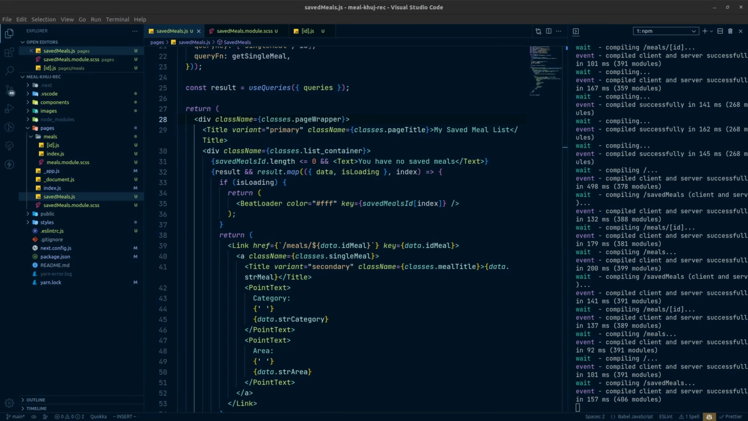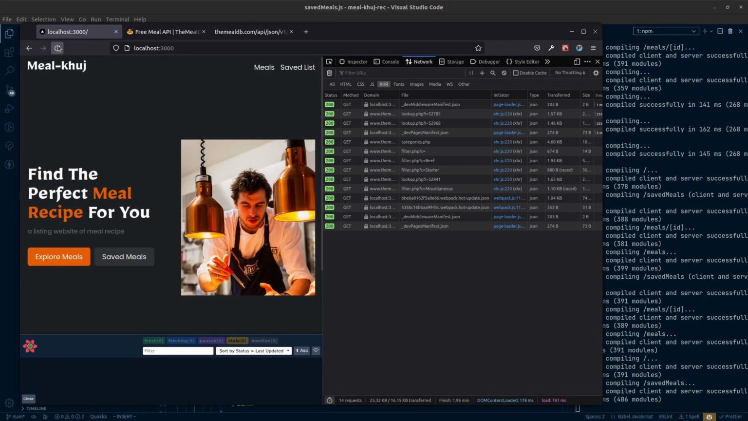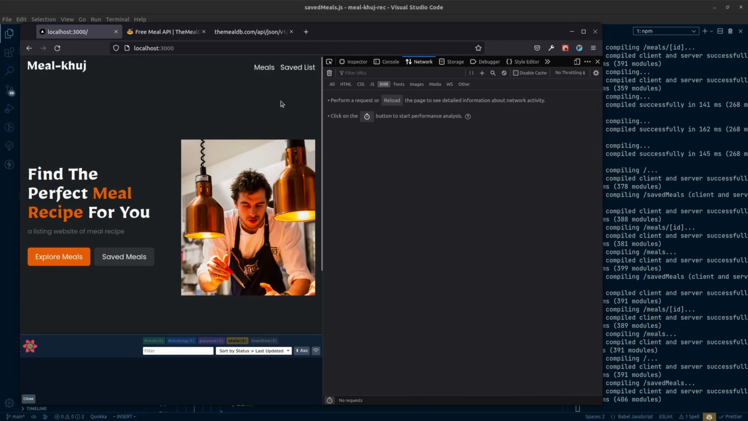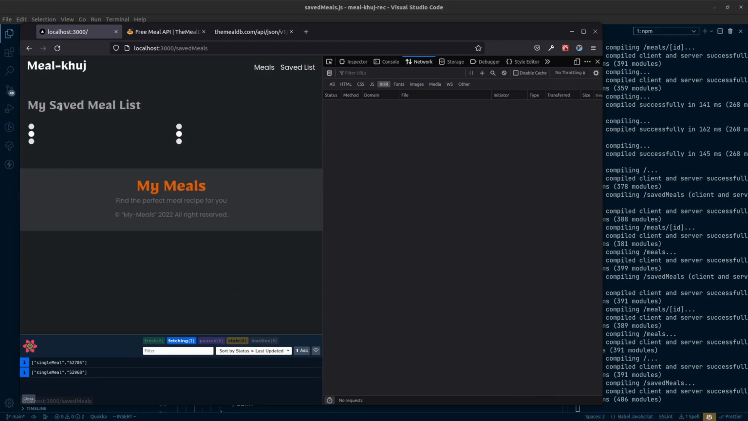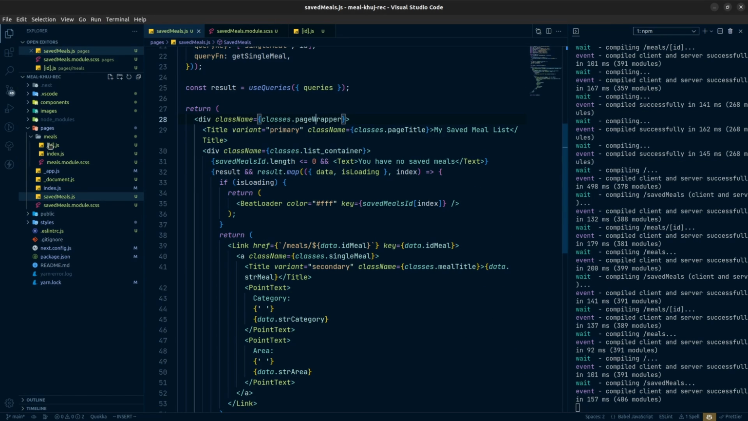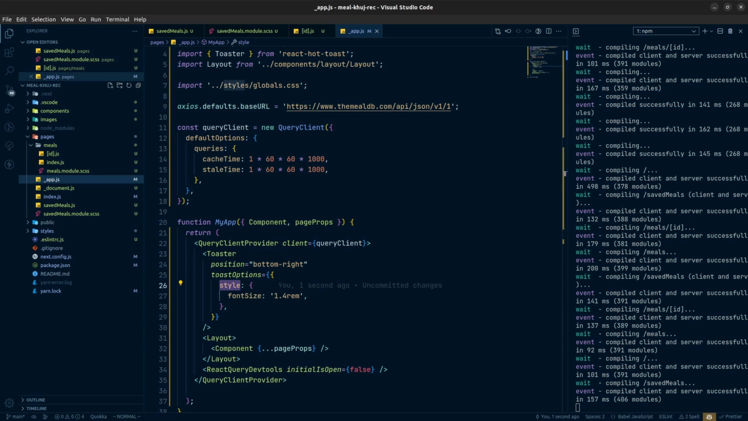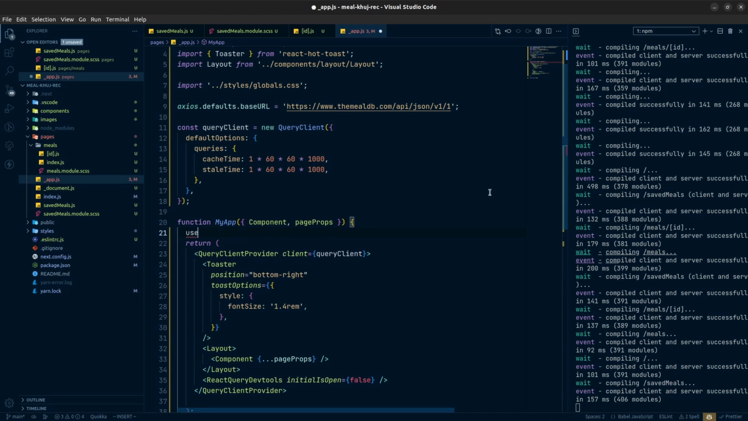So right now if I come here in my website and if I refresh, there is no prefetched data, which means if I come to the saved mail, I will see this loading state. So let's come here in our app.js, the entry point where we are setting our React Query, and this is where we can have our prefetch. For that I will use useEffect,